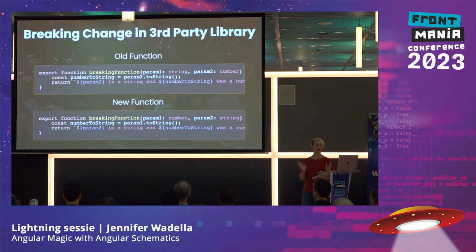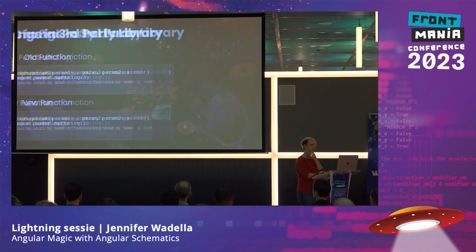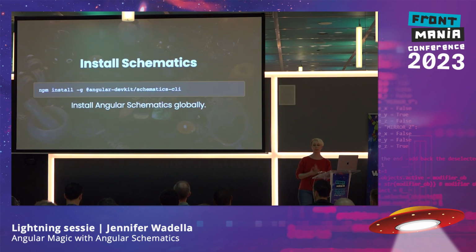Okay, so here's our example of a breaking change in a third-party library where we have some sort of breaking function. That original first parameter was a string, the second parameter was a number, and it does something. This is very basic for our example. The new function they have put out, they have now swapped those parameters, so of course it's not doing what it's supposed to. Our compiler is yelling at us. Every file is red squigglies. Everything sucks. So the first step for schematics is to go ahead and run the install command to install these